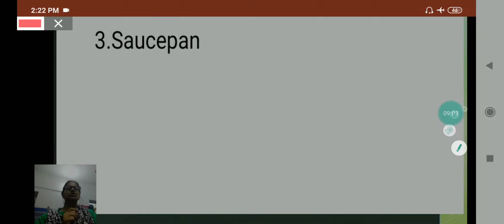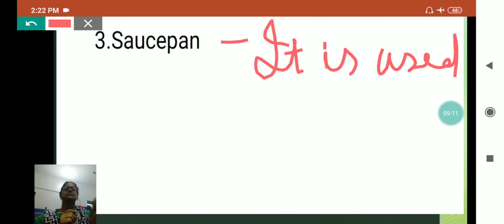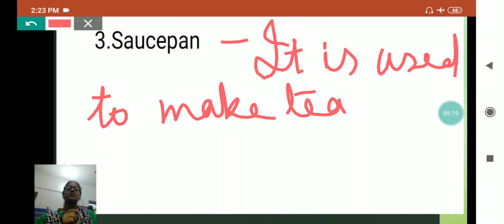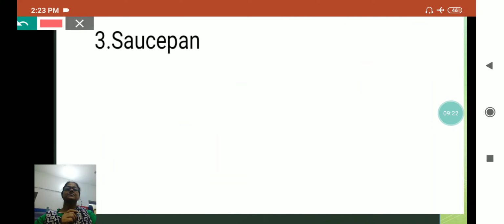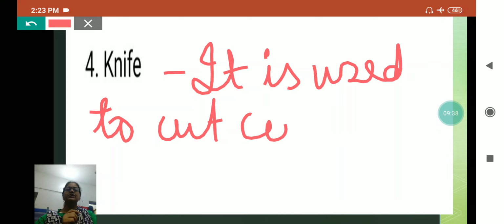Now comes the saucepan. Saucepan you will see is usually used to make tea, to heat the water. Next comes the knife. It is used to cut coriander leaves.